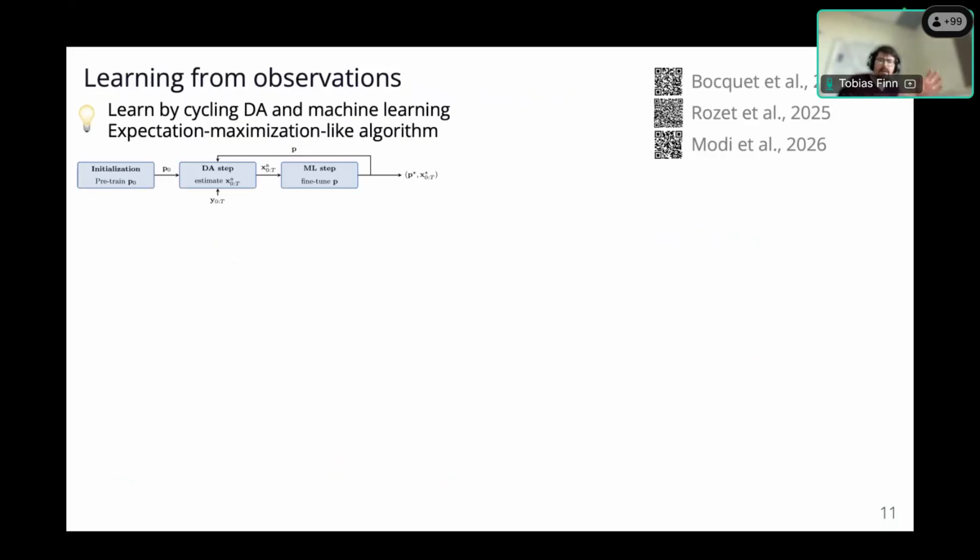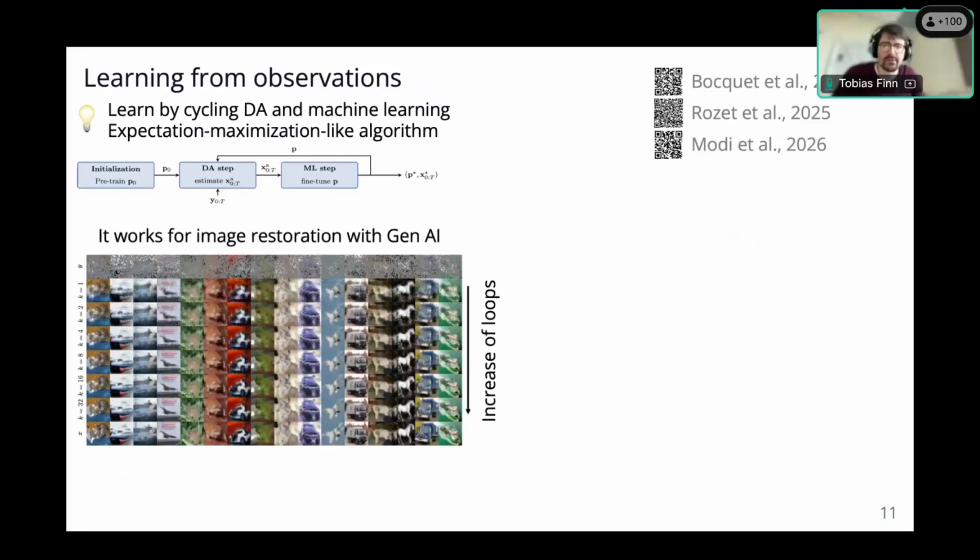And there are a few papers using such an algorithm to learn generative models from observations. Most of these papers are in computer science, in computer vision, so they are trying to restore images from noisy images.